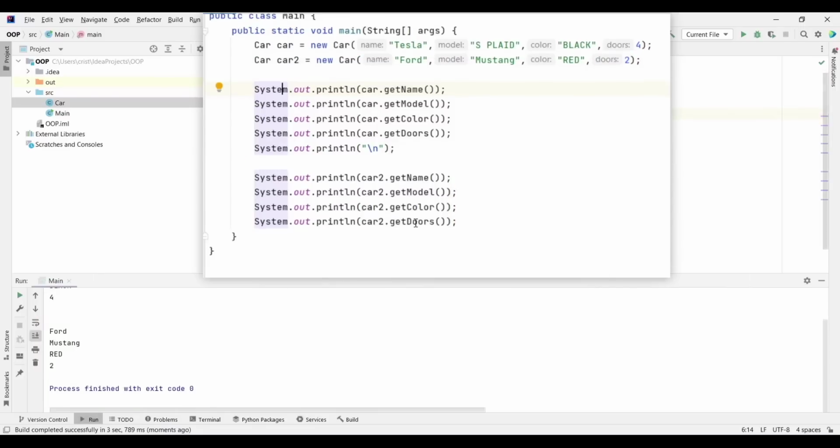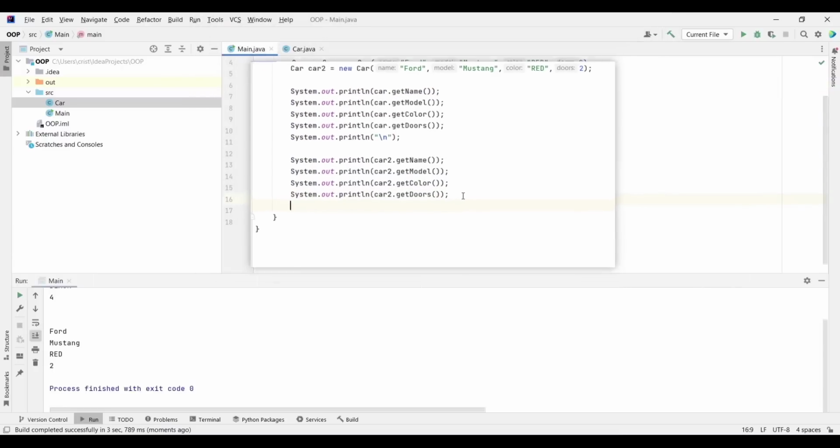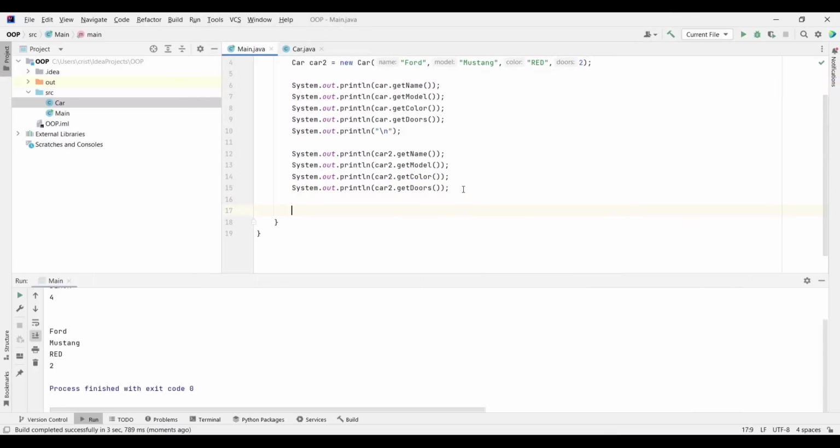So these are the getters. You can also use setters to change the values. So you can type here car, so our first object, dot set, and we can set a different name now. So I can type here, let's say, simply put here car. Now, if I go down here, let me show you a shortcut to output something.